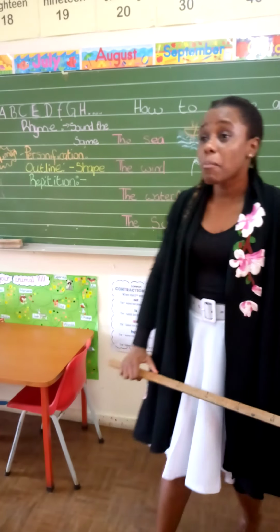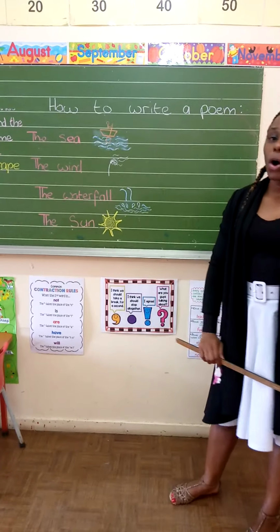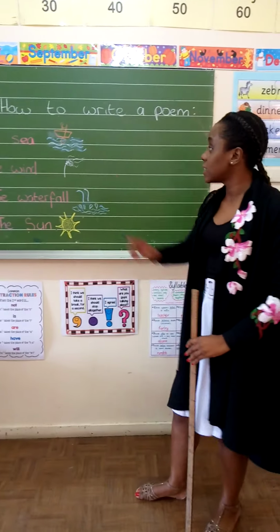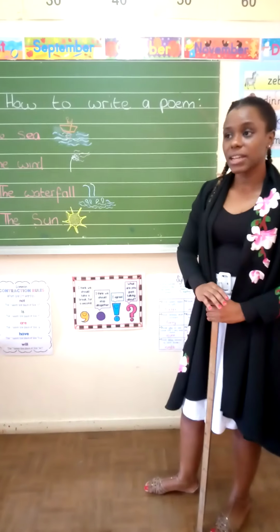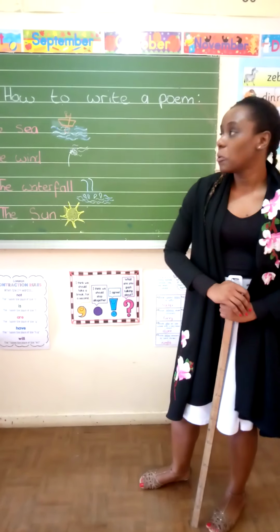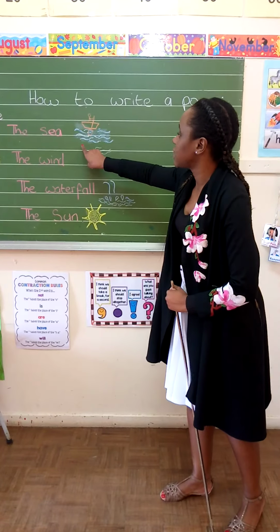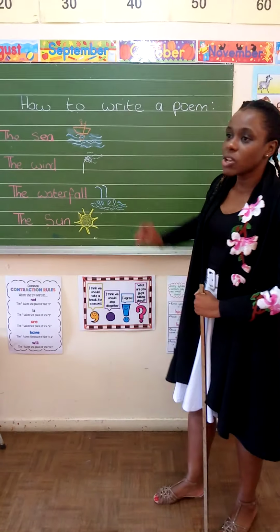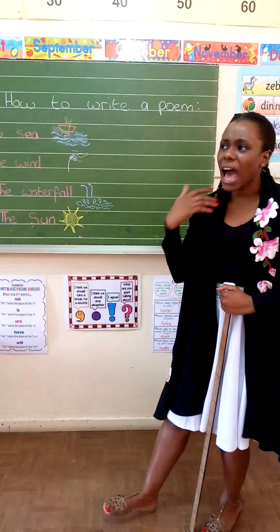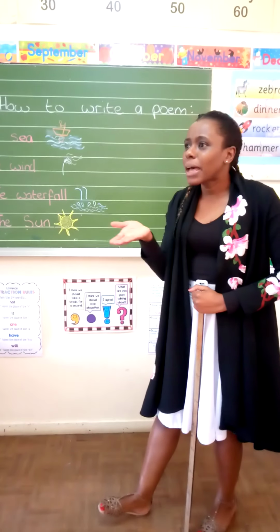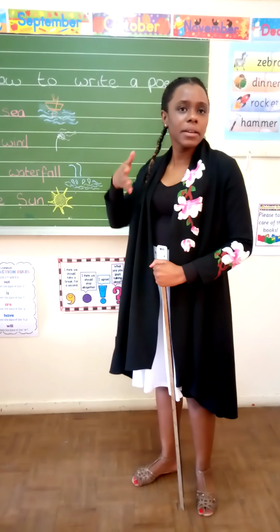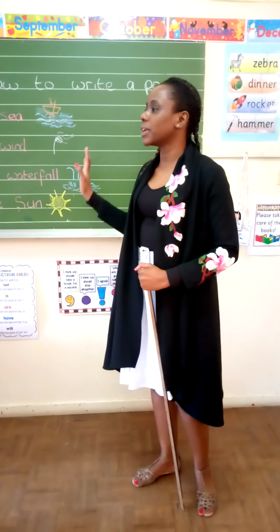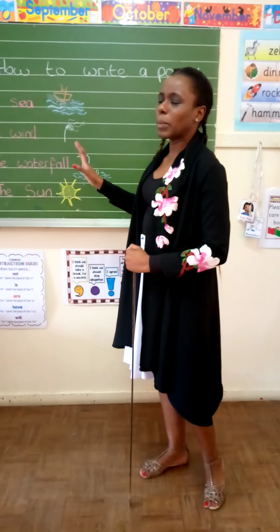To do that, it might be a little bit tricky. So you can go on Google and try to find some words that describe the sea, the wind, the waterfall, or the sun. Alright? So you want to use some similes. Remember, let's try to describe the sea. The sea looks calm. So we can say the sea is as calm as Miss Joan, because Miss Joan is calm. Alright, so you find something nice. Maybe as calm as the music, jazz music, or as calm as something else.